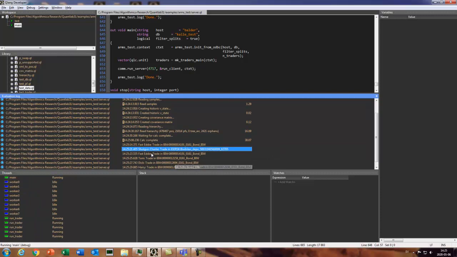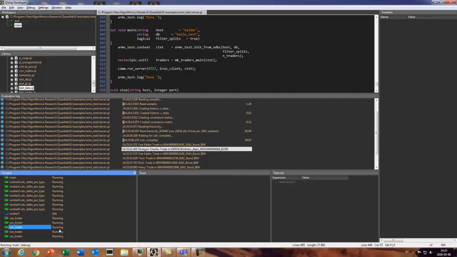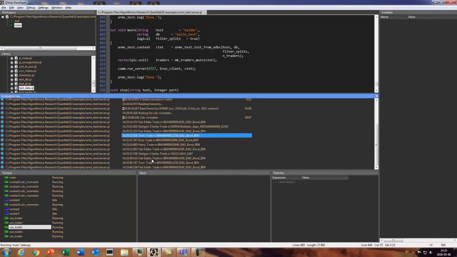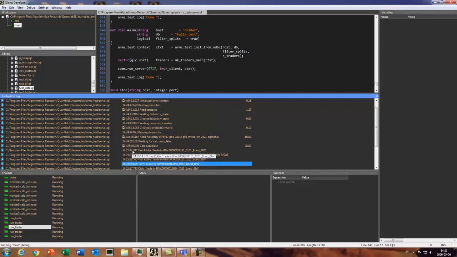And now you can see that we start some real-time fake traders to start making trading changes to the portfolio. So at any time you send in a fake trade, you will aggregate to the top for all the measures that we have in this risk system. And this is what's going on right now. So now the system is ready